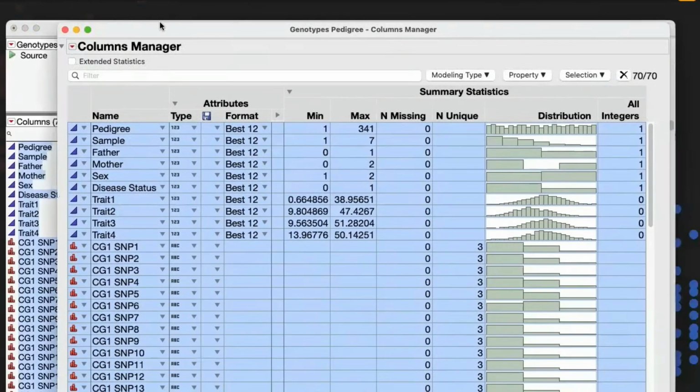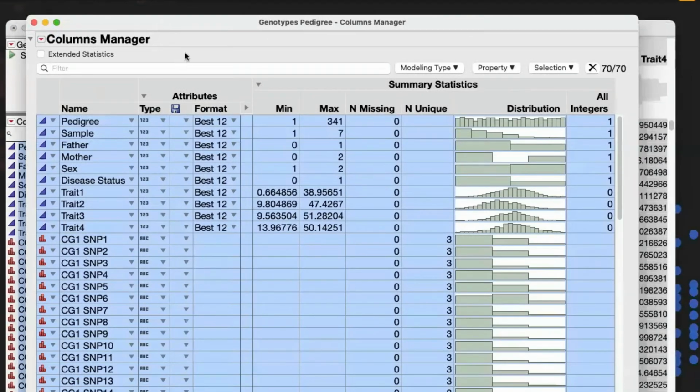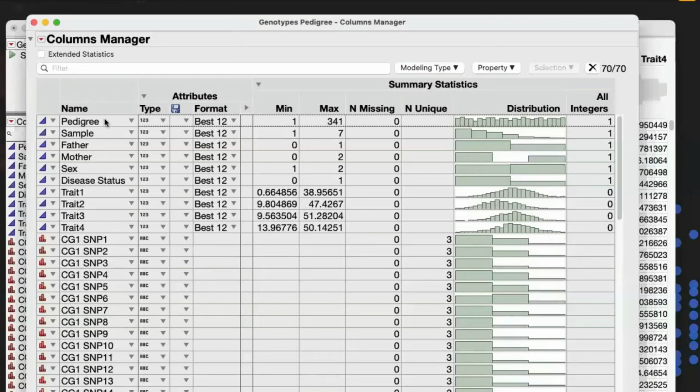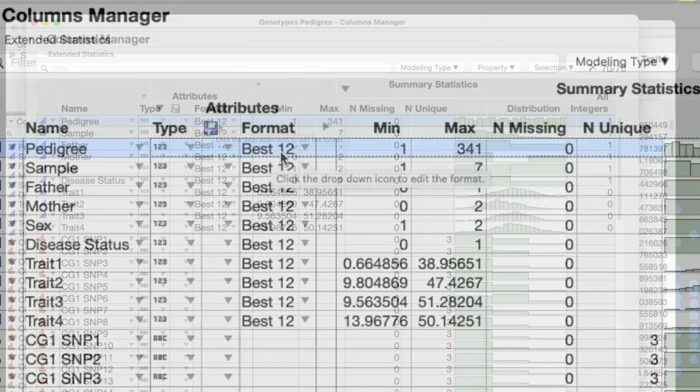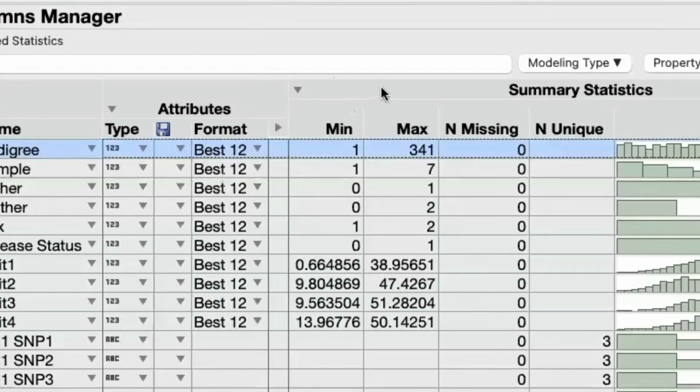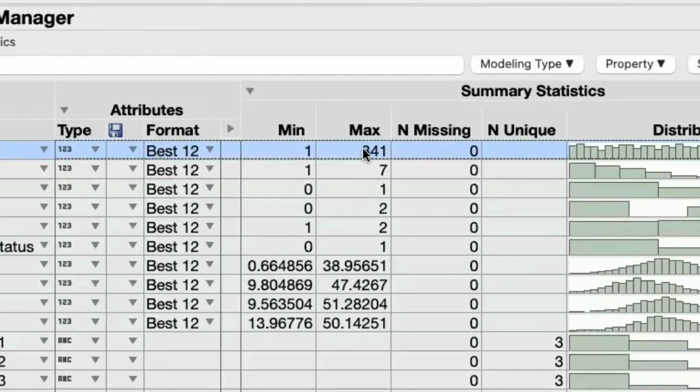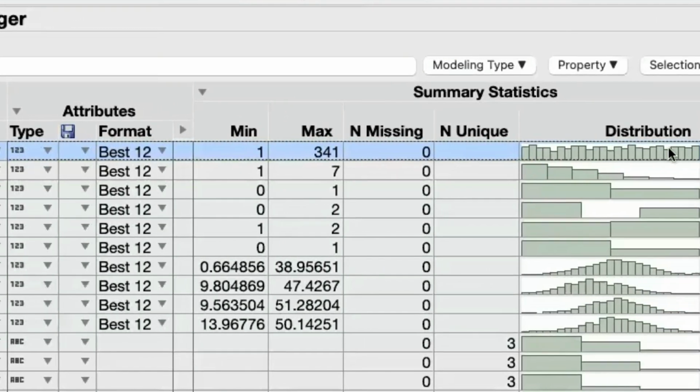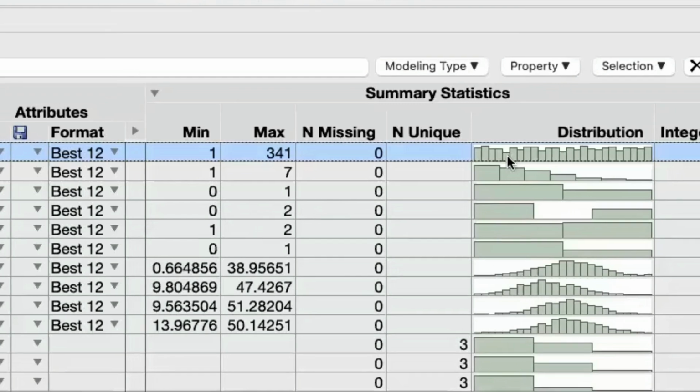Now I have a data table that is both searchable and filterable and contains information on every single column in the data table. So, for example, here I can see I have a column, pedigree. It is currently set to a modeling type of continuous, a numeric data type. That's what the little 1, 2, 3 means here. Formatting is the best formatting up to a width of 12 and so forth. I can even see some summary statistics such as the mean and max values, a quick histogram representing the distribution,